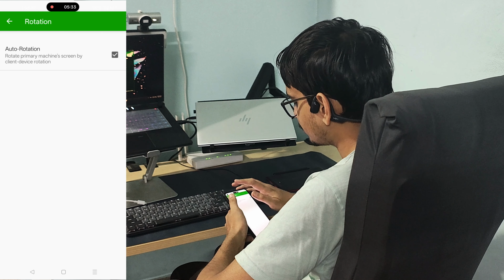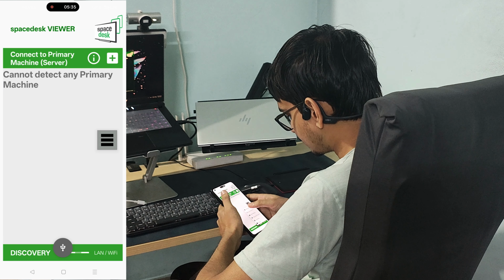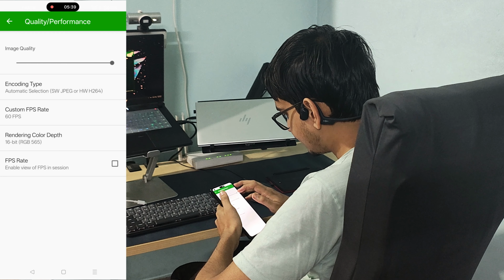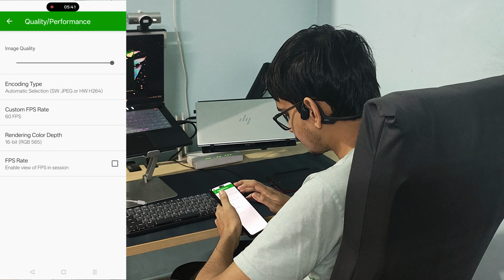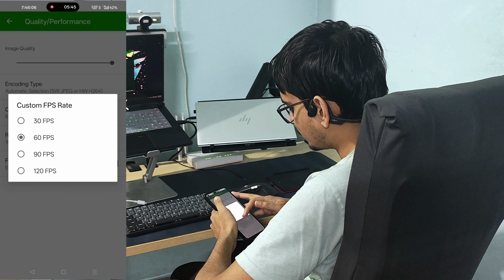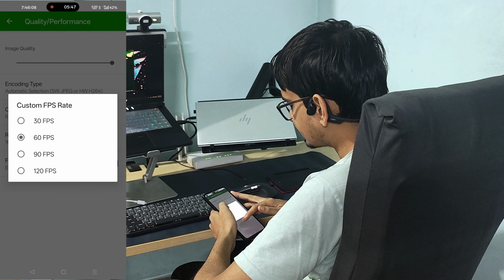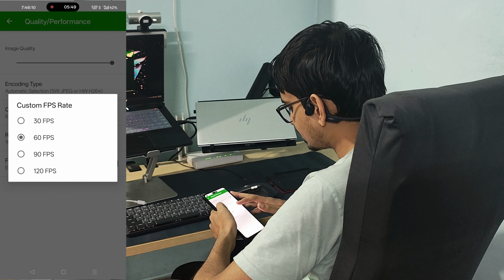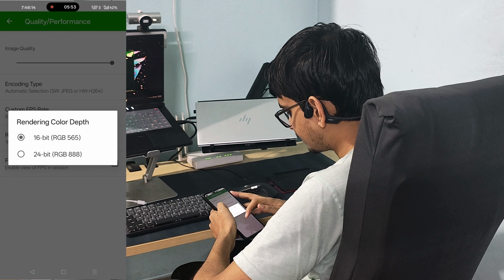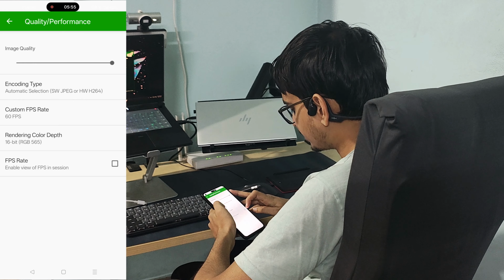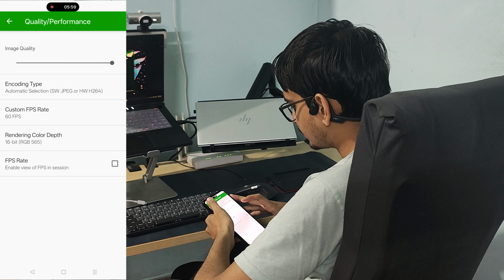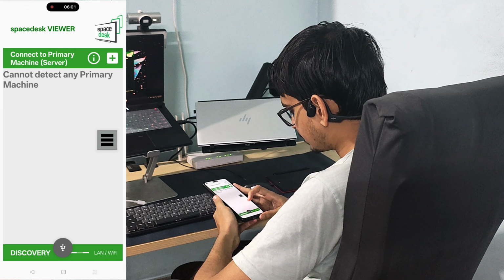and that's useful. So rotation, after that again, settings, quality and performance, here you can keep this to the max image quality. Okay, and FPS, keep it at 60. Then no need to go all the way to 120. 30 seems a bit slow. So 60 is what I found best. Rendering depth 16 bit is fine. Okay, and FPS if you want to view with a neat processor. So this is it,